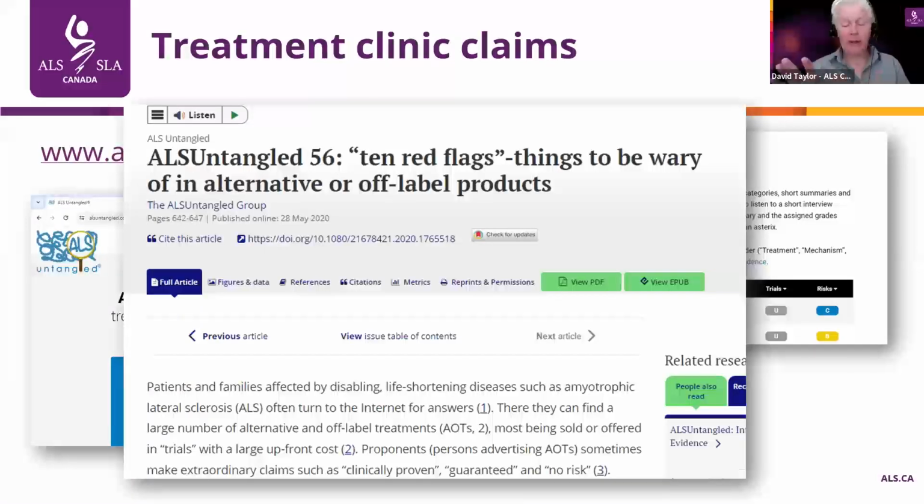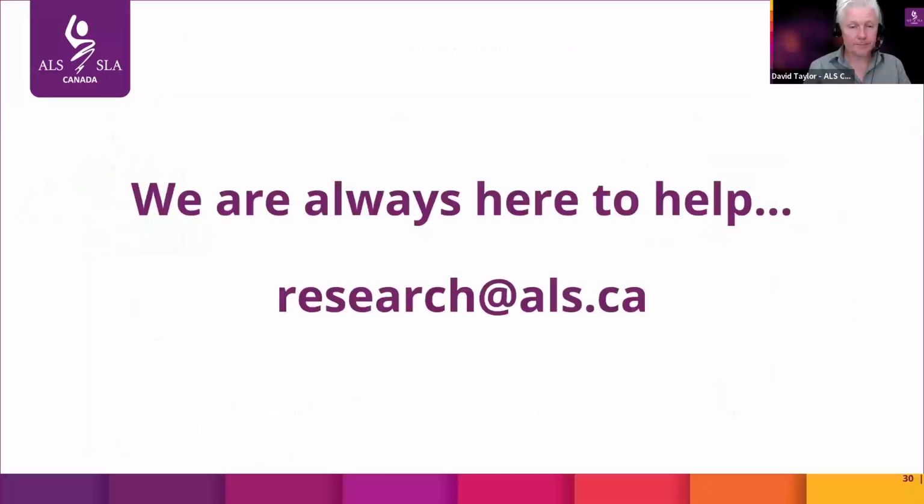And they actually have a really great one that highlights what I just said in the last slide, called the 10 Red Flags. It's number 56. Highly recommend you go look at that one. It just gives you an idea of some of the things to look out for to make sure whether or not something you're interested in is a legitimate potential study to try to understand something that can work for ALS, or whether it might potentially be someone who's trying to take advantage and ultimately make money off of people who are living with ALS.